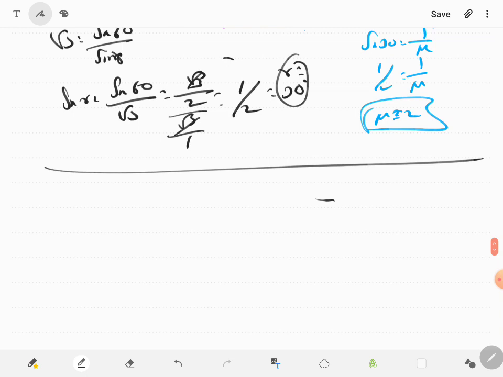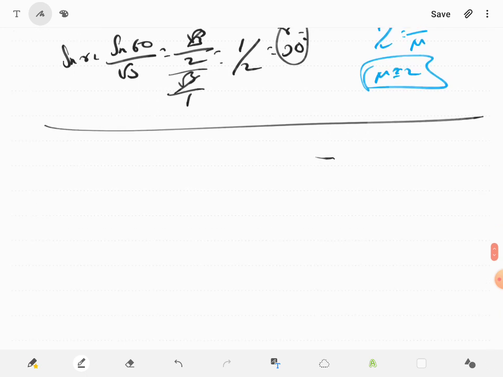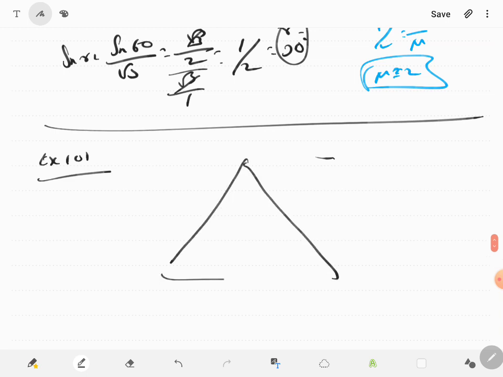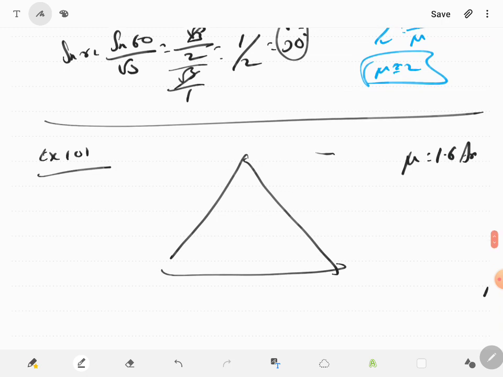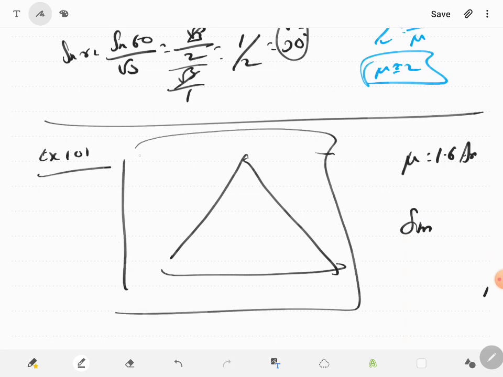The next question is about an equilateral, no, example 101. An equilateral glass prism has a refractive index 1.6 in air. Now, calculate the angle of minimum deviation. Oh, the word minimum deviation has been given. Okay, of the prism when it is kept in a medium. Now we are going to keep it in the medium of refractive index 4 root 2 by 5, which means